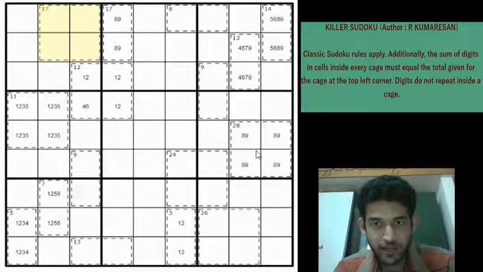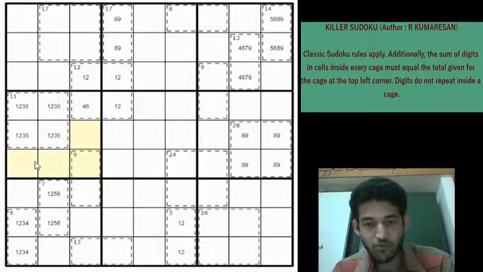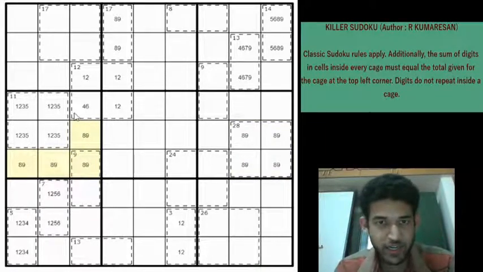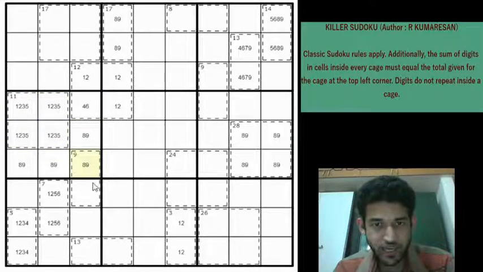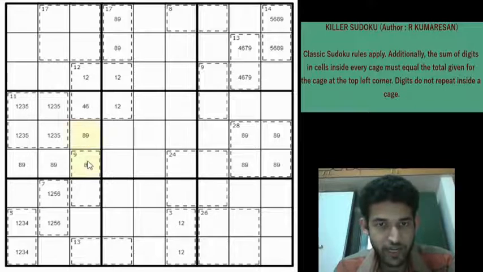Let us look at the middle row of boxes. Boxes 4, 5 and 6. So you see that we have locked 8 and 9 here. And in box 4 we can see that 8 and 9 will be only in one of these 4 cells, right? It can't be in these 5 cells because we have locked those cells with some other digits. And a 9 cannot be here. This is a 9 cage, so 9 can't be here. So 8 and 9 will be locked in row 4, row 5 of box 4.